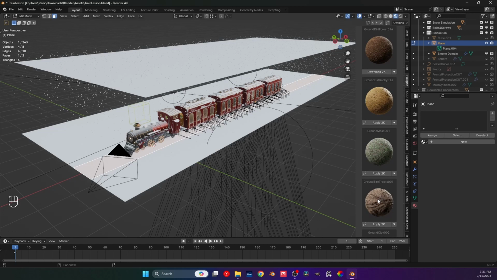All right, so I couldn't find it in the store, but it's ground tire tracks, which is free, or